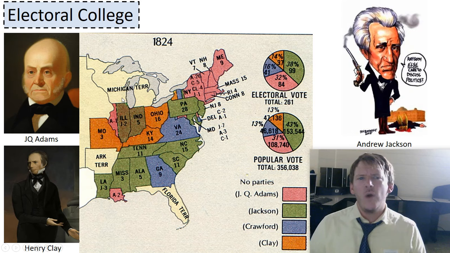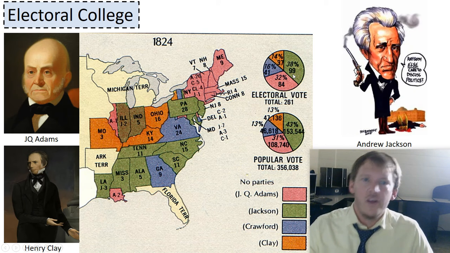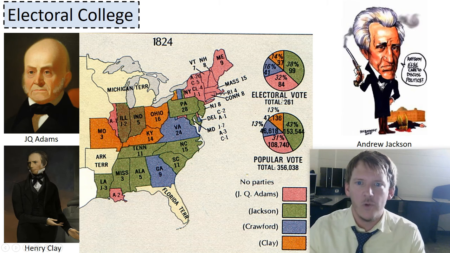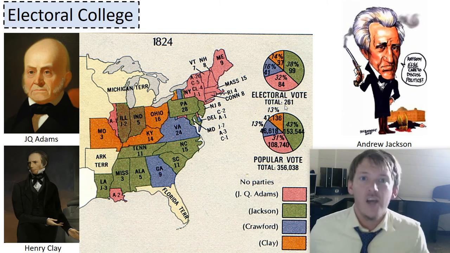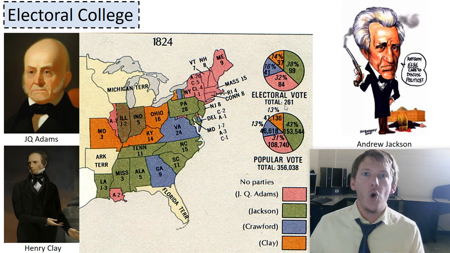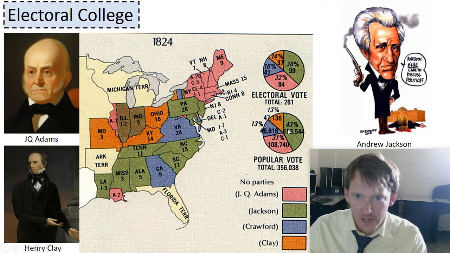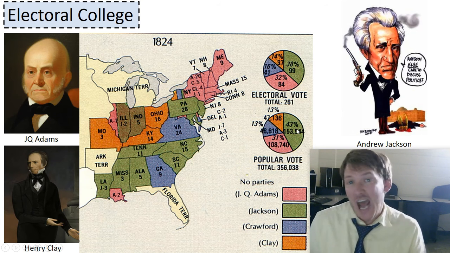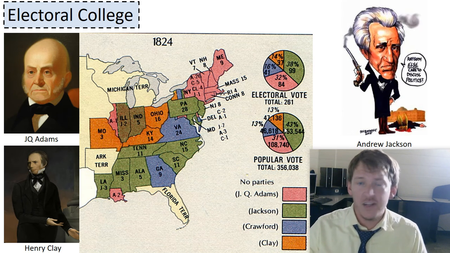Electoral College, 1824. We can look here and see that no one got, that's 270. Well, they don't have 270 then because there were only 261 points available because there were fewer states. So 261 was the max. That means 132 is going to be the majority. But no one got 132 electoral points. No one got a majority. Andrew Jackson got a plurality, meaning he got the most votes, but 57% of the country said, I don't want